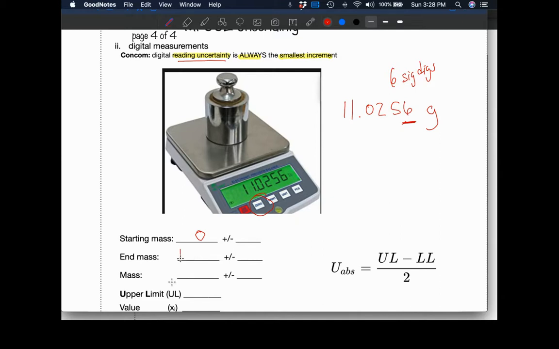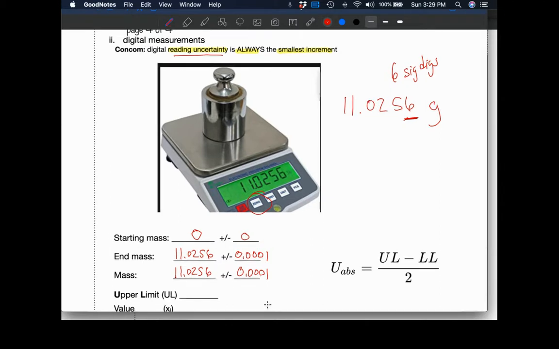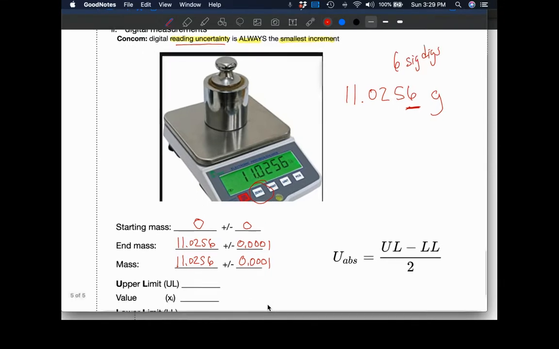And we'll hold off on the plus or minus there for a second. The end mass is 11.0256, plus or minus 0.0001. So the mass then is 11.0256. And the overall uncertainty, the digital scale was set to 0, and so that has 0 uncertainty. So this becomes 0.0001. When we've zeroed the balance, this is like using a ruler with a stop, the case where we can push something up against it and we don't have to judge.